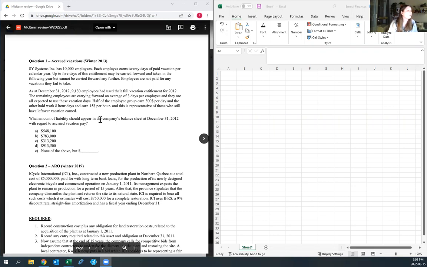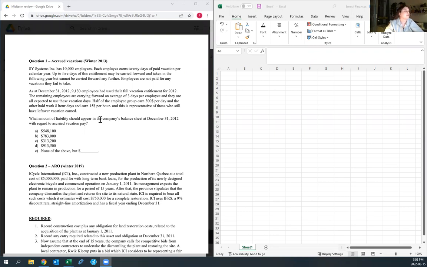Okay, so question 1 is about accrued vacations. SY Systems Inc. has 10,000 employees. Each employee earns 20 days of paid vacation per calendar year. Up to 5 days of this entitlement may be carried forward and taken in the following year, but cannot be carried forward any further. Employees are not paid for any vacations they failed to take. As of December 31st, 2012,